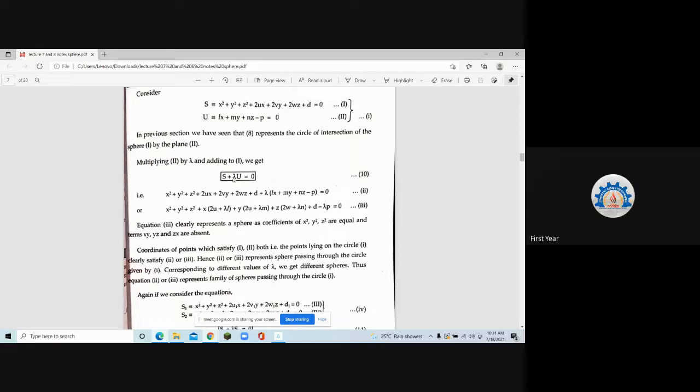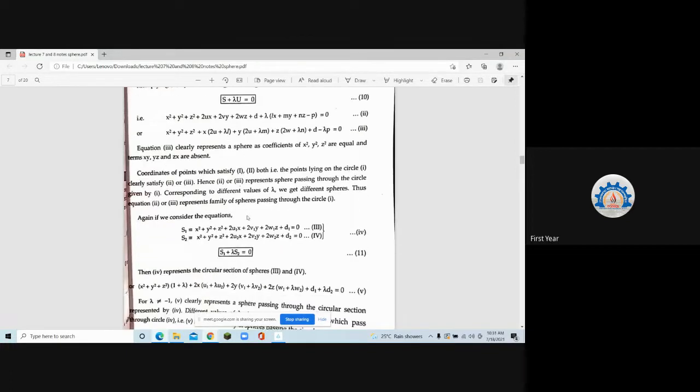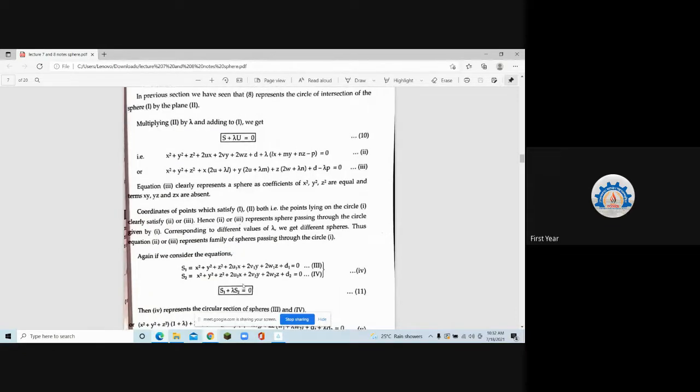Yeah. So for various values of lambda, you'll get the sphere which is passing through that circle. So how will I find this lambda? You'll be given the sphere, you'll be given the plane, and you have to just find lambda. There will be one more condition given to you, which will tell you how to find lambda, and that will give you the required sphere. The same thing happens when you have two spheres: S1 plus lambda S2 is equal to 0. But what's the condition on lambda here? What can lambda not be? Can anybody guess or imagine what it will be?